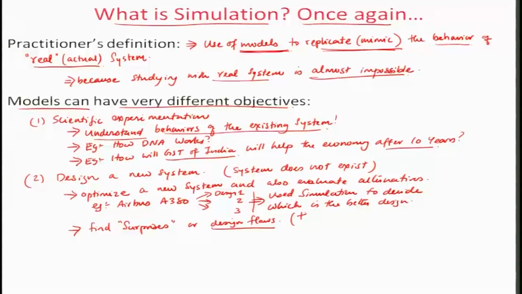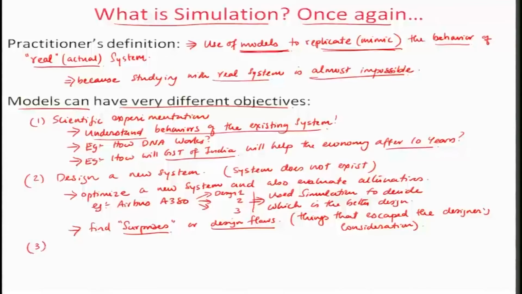These are the things that escaped the designer's consideration. So, these things had escaped the consideration of the designer, and hence those translate to what we call design flaws and or surprises, which will prevent the system from doing the expected behavior of the system.